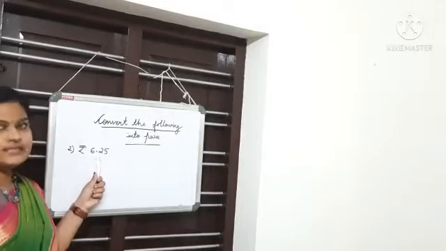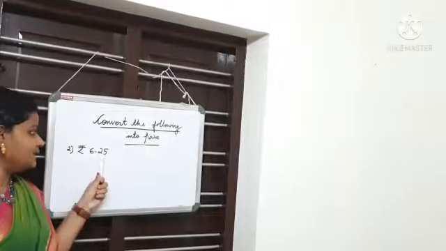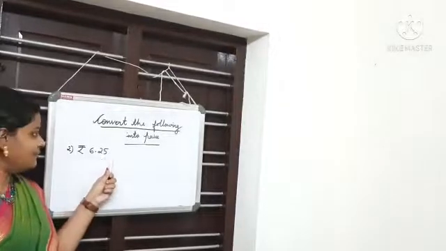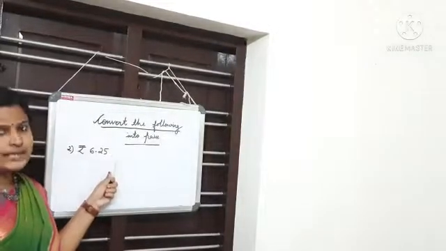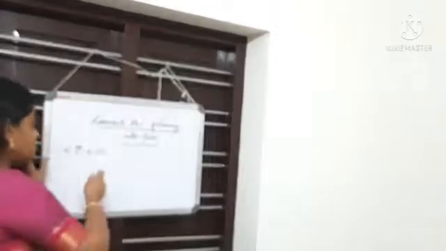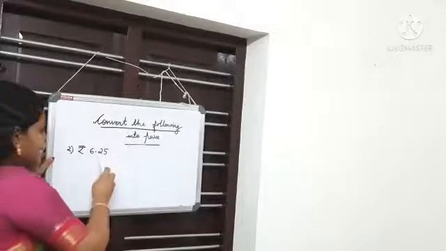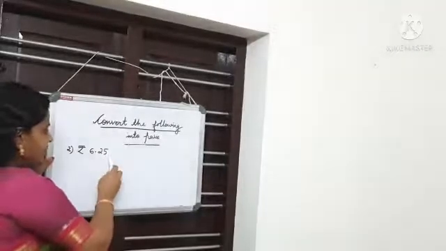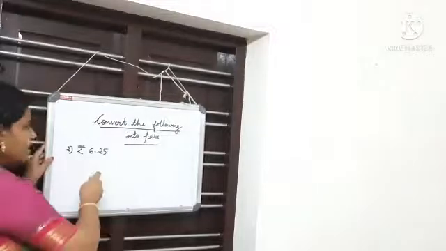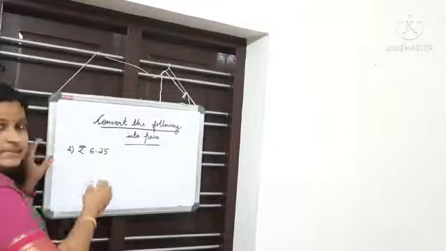Look at the second example. Rupees 6.25. Okay? So, this means 6 rupees and 25 paise. Even if p is not written here, you can understand that the number that comes after the decimal point, see here, this is the decimal point, the number that comes after the decimal point represents paise. So, this means 6 rupees and 25 paise. Now, let us try to convert.